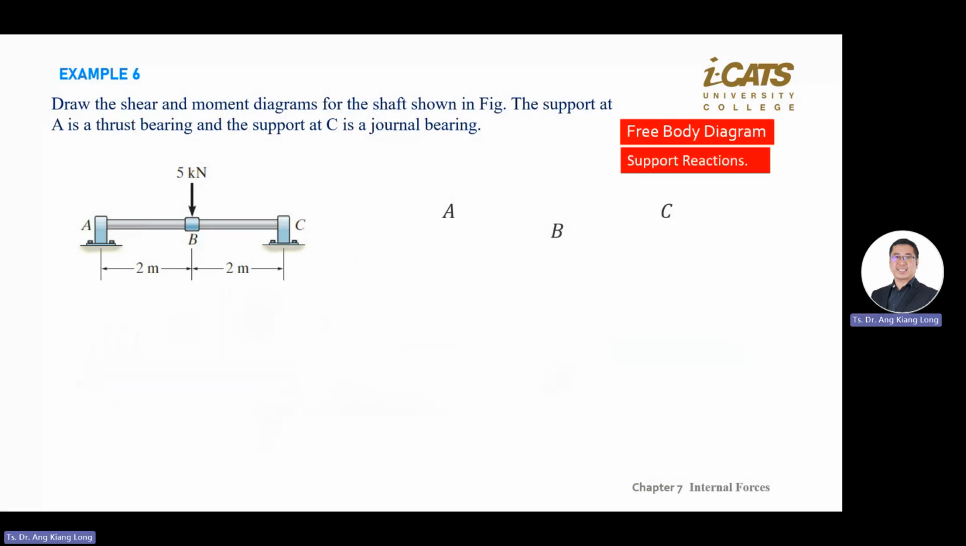Okay, first you draw the free body diagram. You draw the structure, copy the shape, label points A, B, C, input the dimensions, copy the focus load,